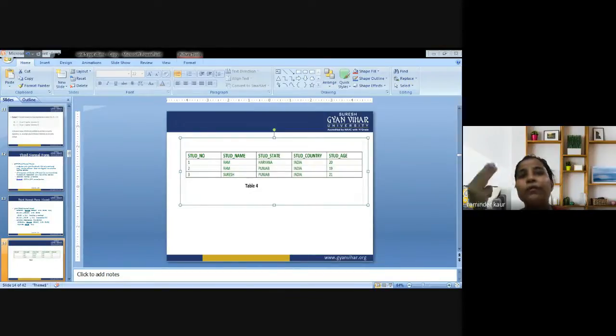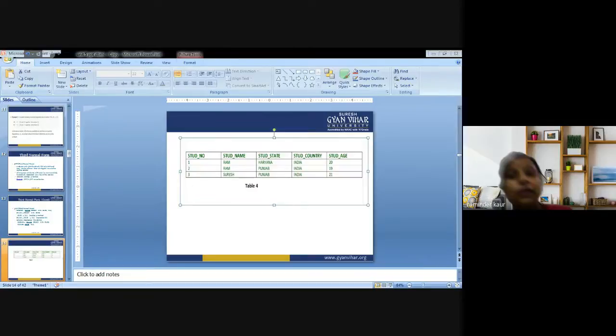We have learned three axioms yesterday: reflexive, transitive, and in addition, augmentive. Now I am talking about transitive here. Transitive is concerned with this: if A is deriving B and B is deriving C, then it is the case that A is deriving C. So that is called transitive dependency.